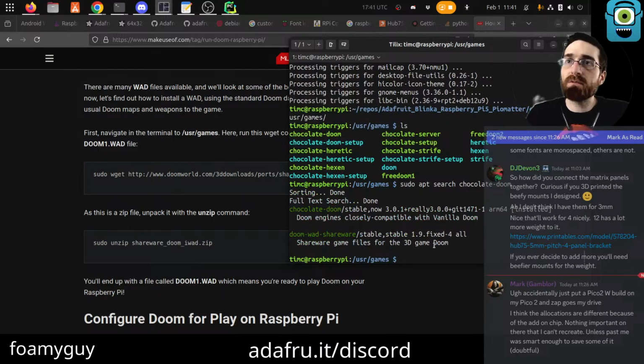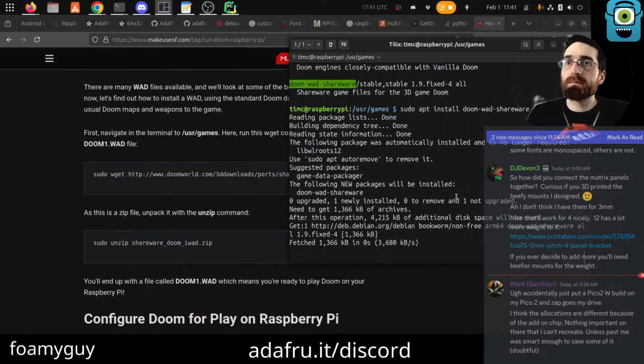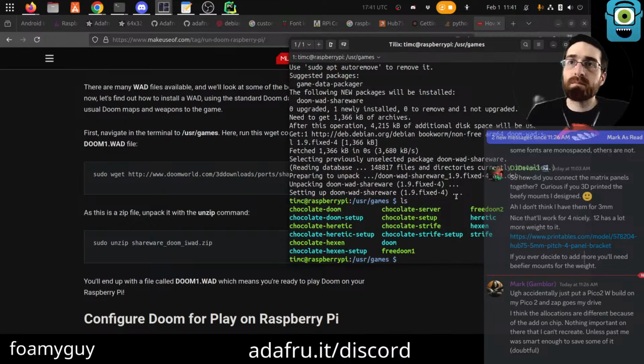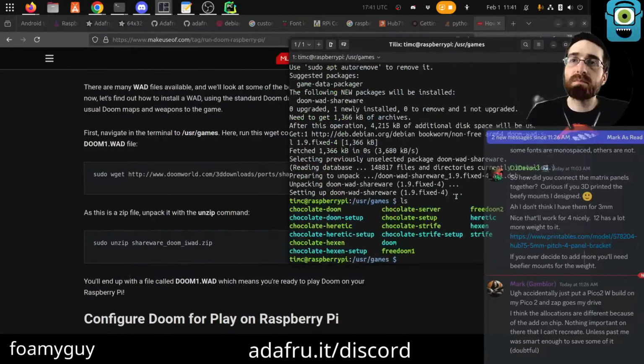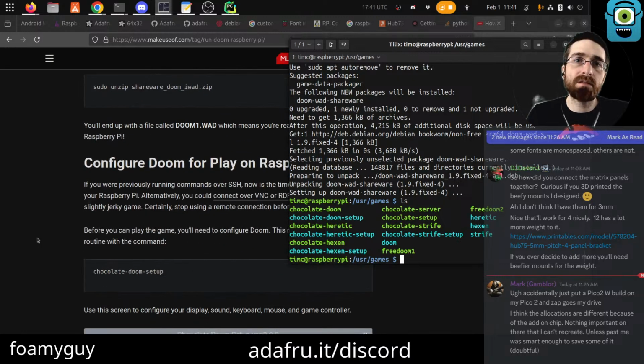Shareware game files? Could we not just use that? Doom 1? Install 2 might not be what Doom's up.